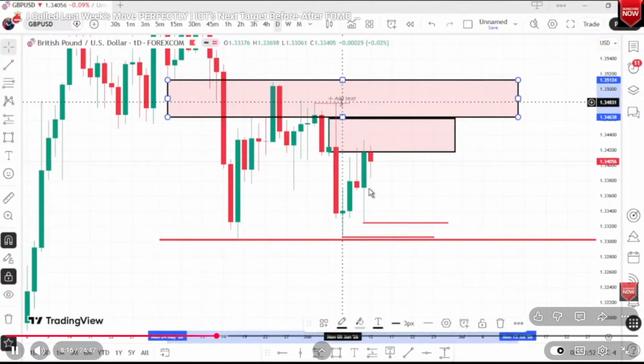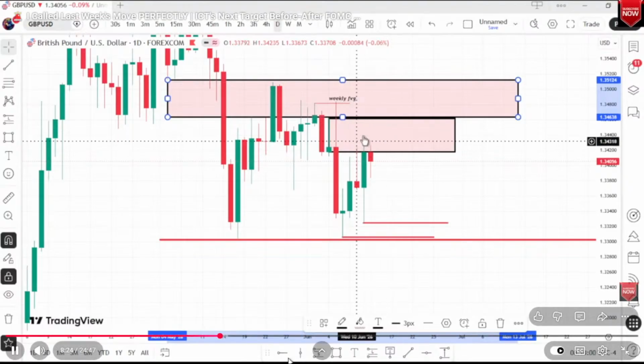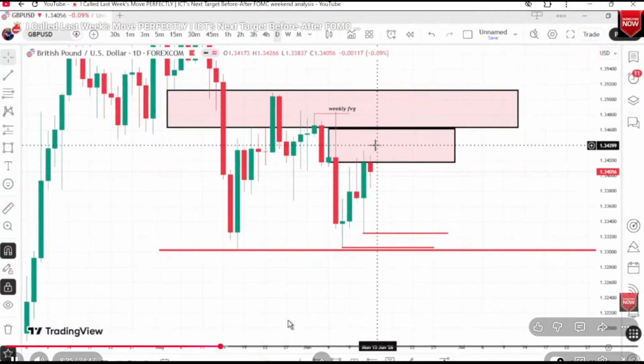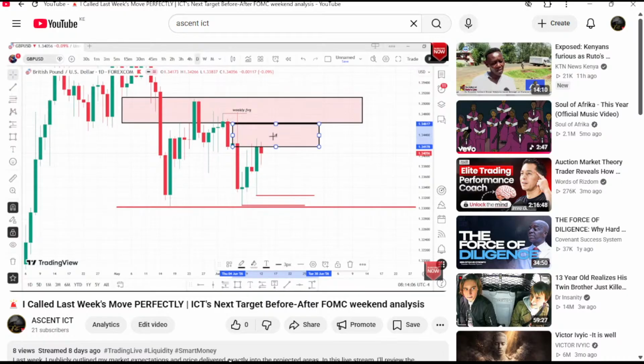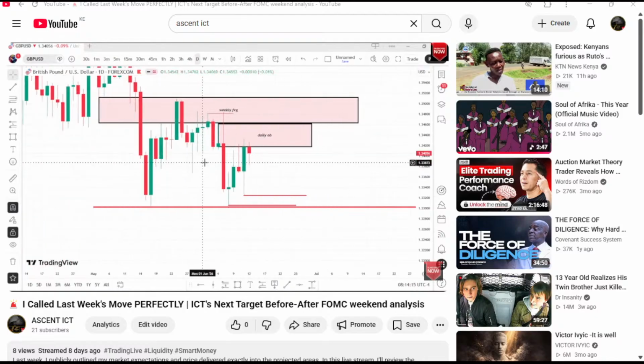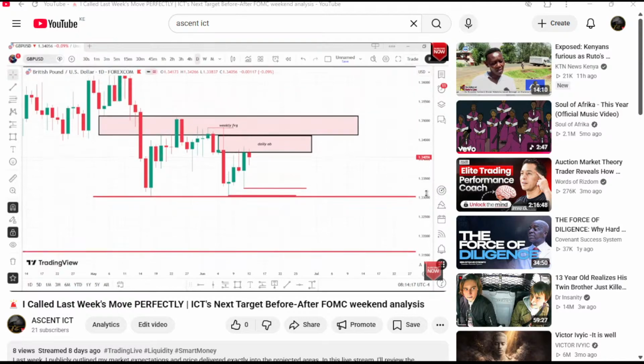Let's see if it can. This is a weekly fair value gap. This is a daily order block, and you will want to anticipate what price will do during the